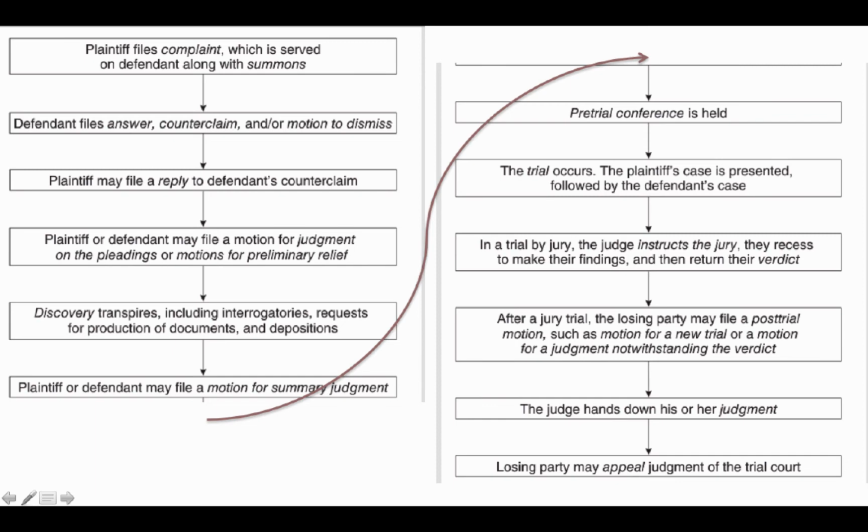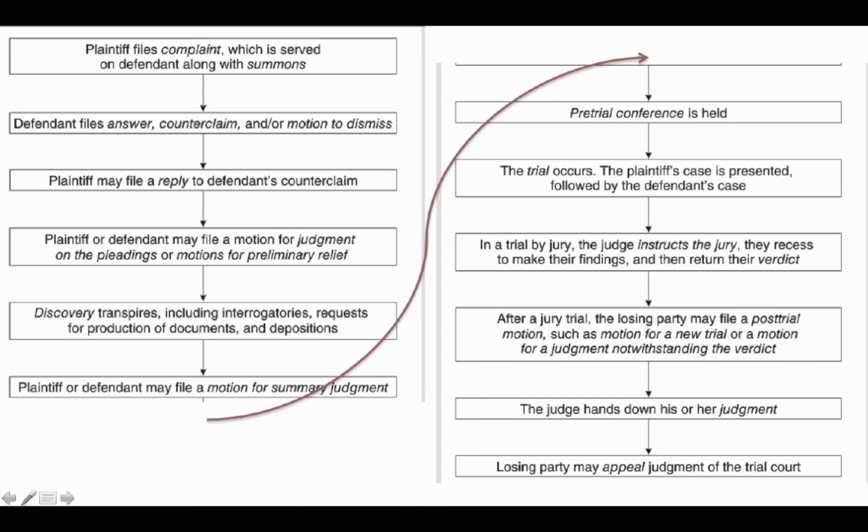The defendant can respond to being served by filing an answer or a counterclaim. They can deny, affirm, or counter the plaintiff's allegations, but if they do nothing, then the answer is considered a default. If they file a counterclaim, the plaintiff must file an answer in response.